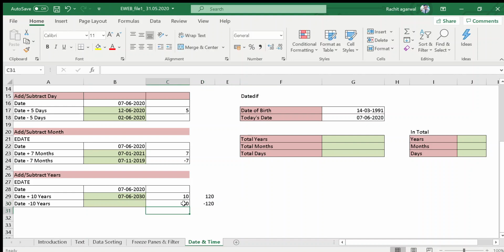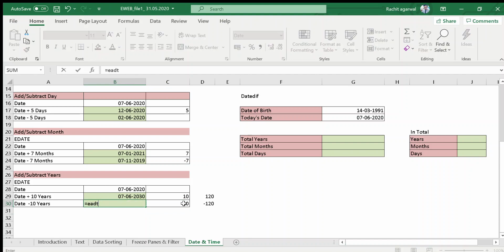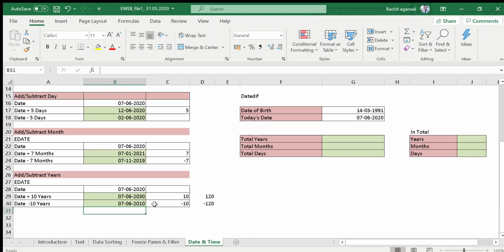Use the same formula EDATE, bracket, start date, comma, months is now minus 120, bracket close, and here your year is 2010. All right, so you can simply add and subtract in the day, in the month, and in the year. It is very easy if you know the formula and how to use it.